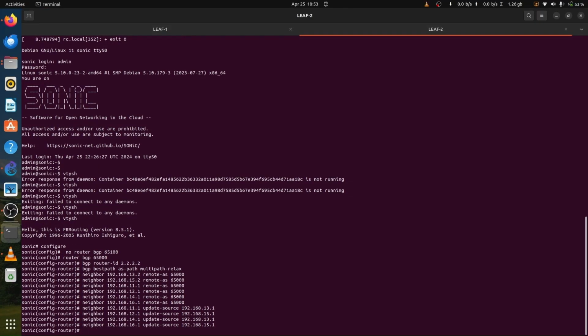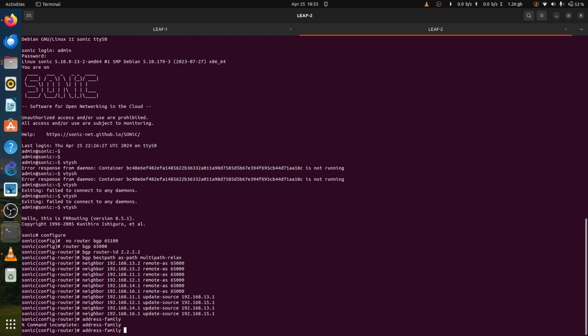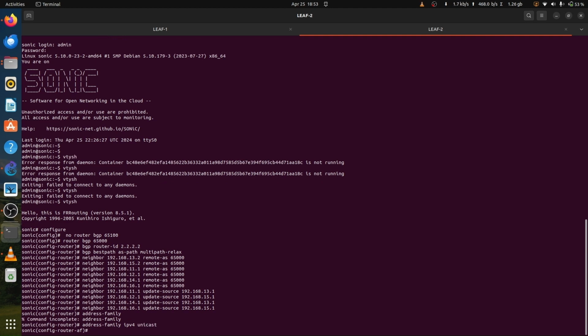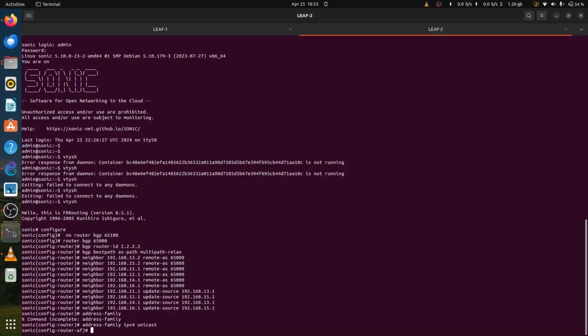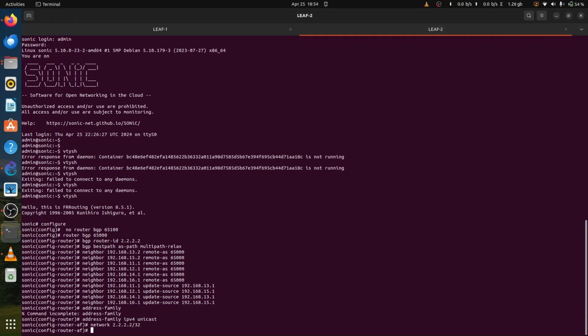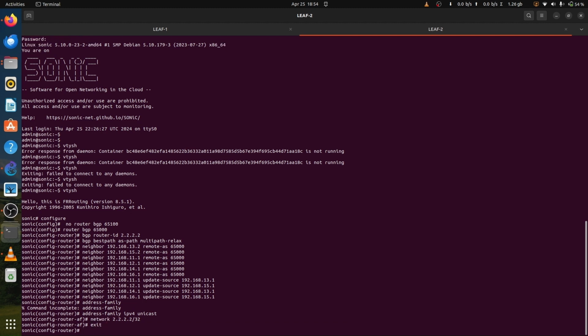Now I'll use command address family IPv4 unicast, and then I will advertise this network 2.2.2.2/32 by using command network 2.2.2.2/32. Now I will exit out. I'll use command address family L2VPN EVPN,